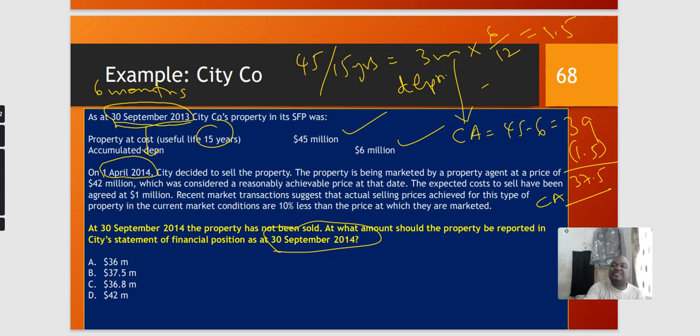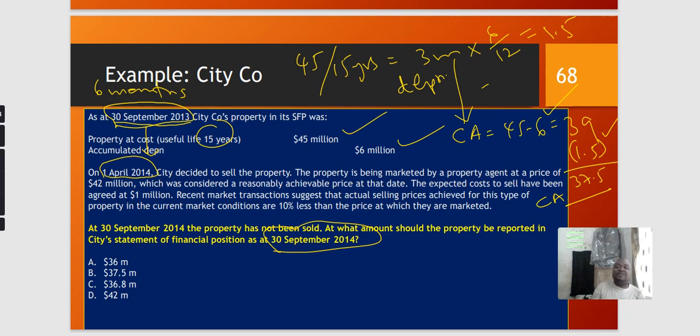We had first deducted accumulated depreciation and then depreciation for the year, and we are saying the depreciation for the year is only that depreciation before the asset has been classified as held for sale. The classification was done 6 months into the year, so we need to take account of the depreciation that has been suffered by this property. That's why we are deducting further the 1.5. So the dates are very important in this particular exam. You must not ignore the dates.